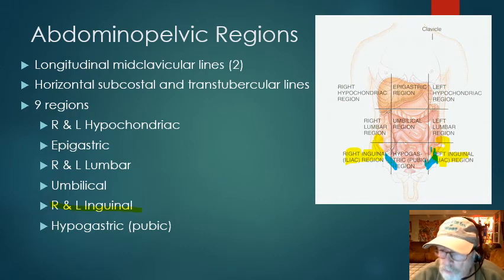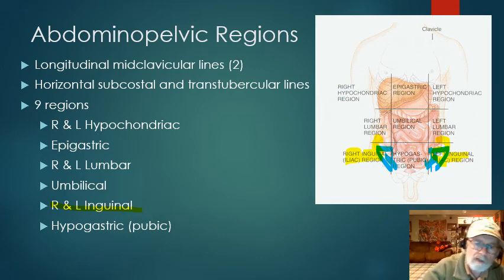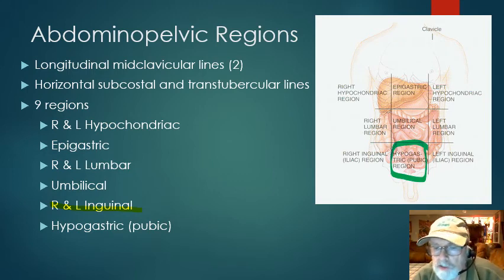So this region right here, anatomically, is also called the inguinal region or the inguinal triangle. Okay, so therefore, when I look at that area, it's called the right inguinal or right iliac region, and the left inguinal or left iliac region, which only leaves me one more, and that's the one here in the middle. That one here in the middle is called the hypogastric. Hypo means less than or lower. Well, if this is the gastric region, this is a lot lower than the gastric region, so they call it the